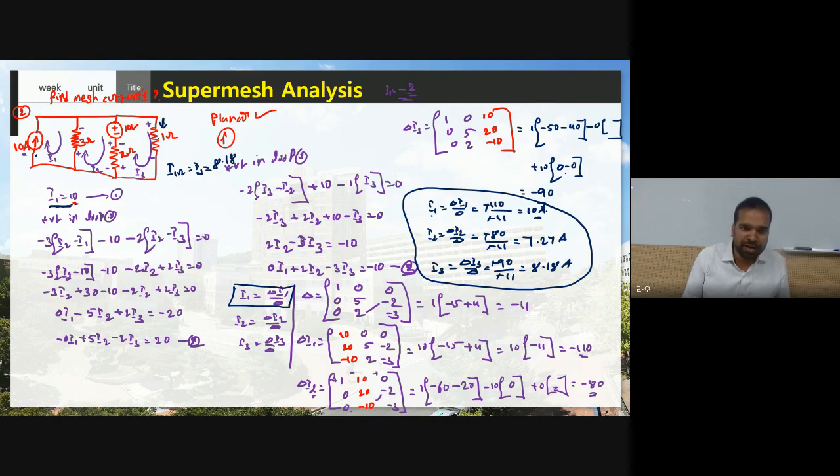Now if I want to find power, see, you know, P equal to VI. So can I find voltage? V equal to IR. So you know current 8.18, and what is the resistance? 1. Therefore voltage is 8.18 volt. So you know voltage and you know current. Once you substitute here, you will get power dissipated at the 1 ohm resistor. Like that you can find any other unknown parameter in the given circuit once you know the mesh current.